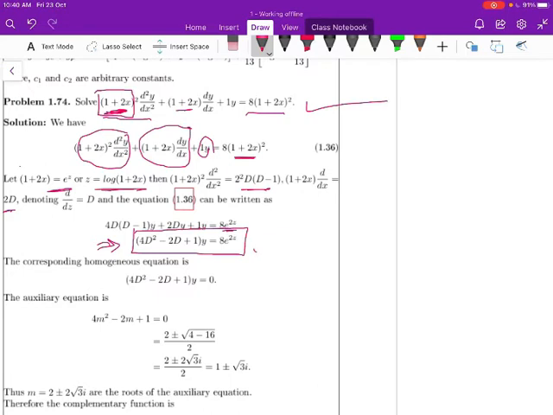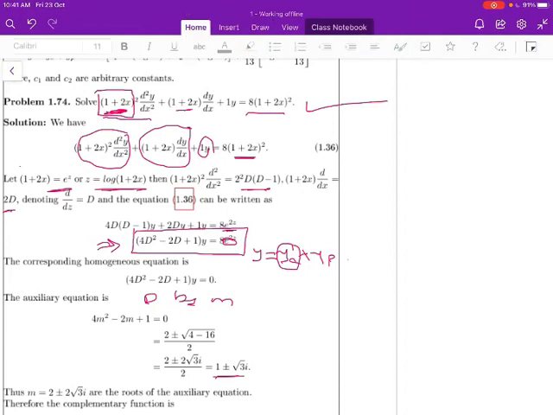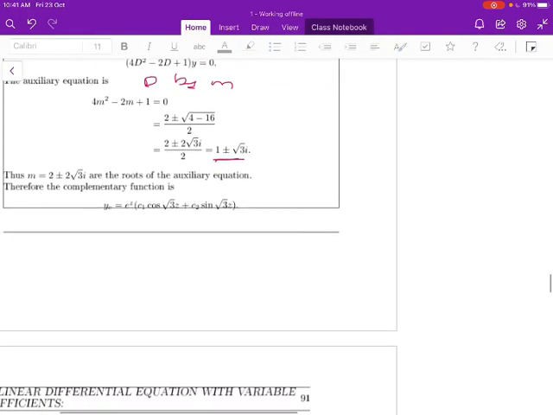Anyway, it is a non-homogeneous equation. The general solution is yc plus yp. To find yc, consider the homogeneous differential equation by making the RHS 0. So that is (4D square minus 2D plus 1) y is equal to 0. So replace D by m. We will get the auxiliary equation 4m square minus 2m plus 1 is equal to 0. By using the quadratic formula to find the roots, we will have (1 plus or minus root 3 i) by 4. So these two roots are complex roots.